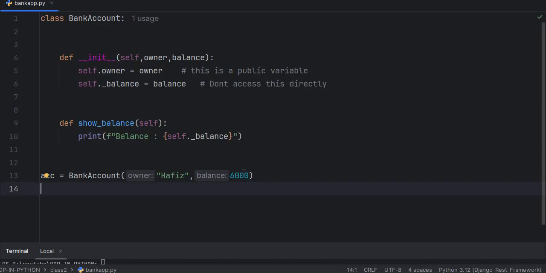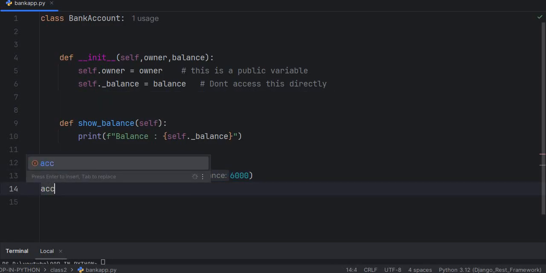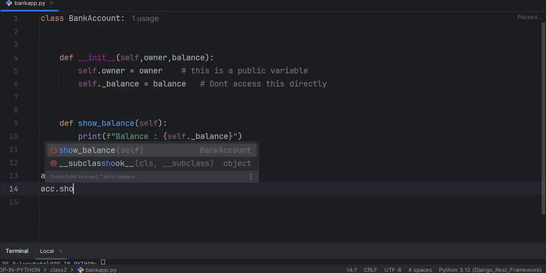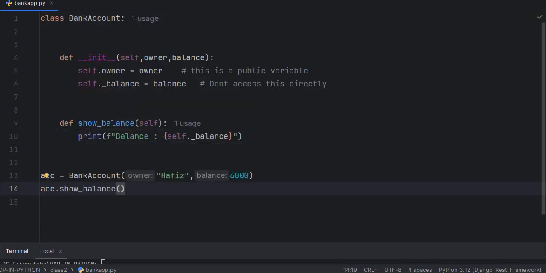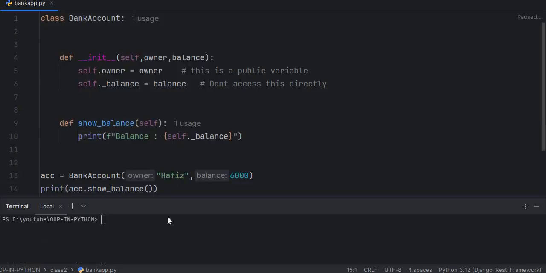Basically on this line I am creating an object with owner Hafiz and with balance 6,000. So the constructor sets _balance to 6,000. After that, account.show_balance, and let me enclose this into print, and if I run this code